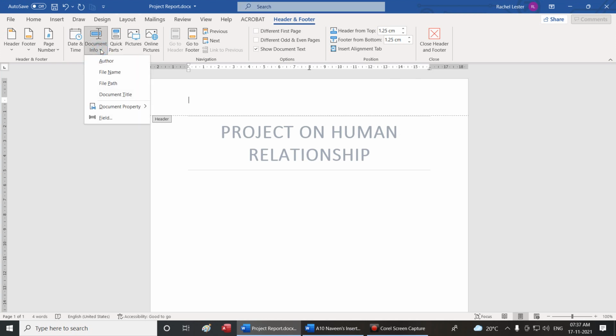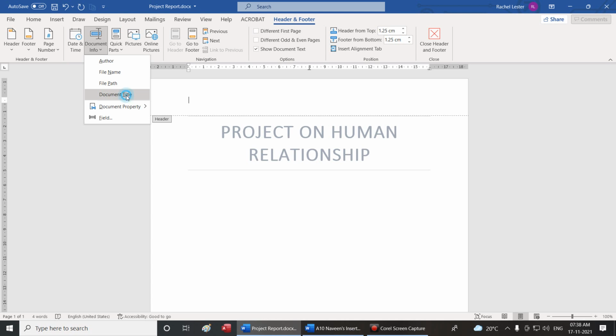Whenever I'm inserting a date, a time, the author, the file name, I'm just inserting a variable. That variable should be linked to a text. When I say date and time, it is a variable, but it will go to the system and it will capture the current date and time. If I wanted to change the date and time, that also was possible. In the same manner, when I'm saying document title, I'll have to define what is the document title. So once I define what is a document title, then wherever I want, I can go and start inserting it.